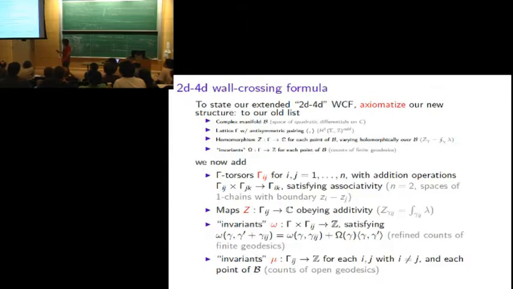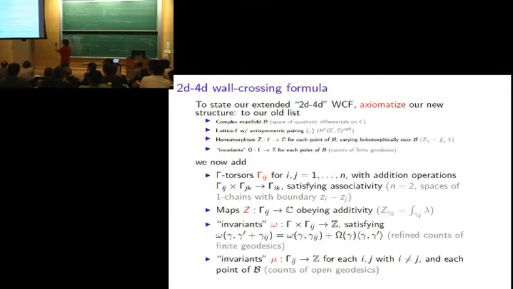Now the stuff that's good, because the stuff on the top you do not have to read because you remember it from before. So the stuff on the top is just the previous 4D data that I had. Let me remind you, it was a complex manifold, a lattice of charges, so to speak.